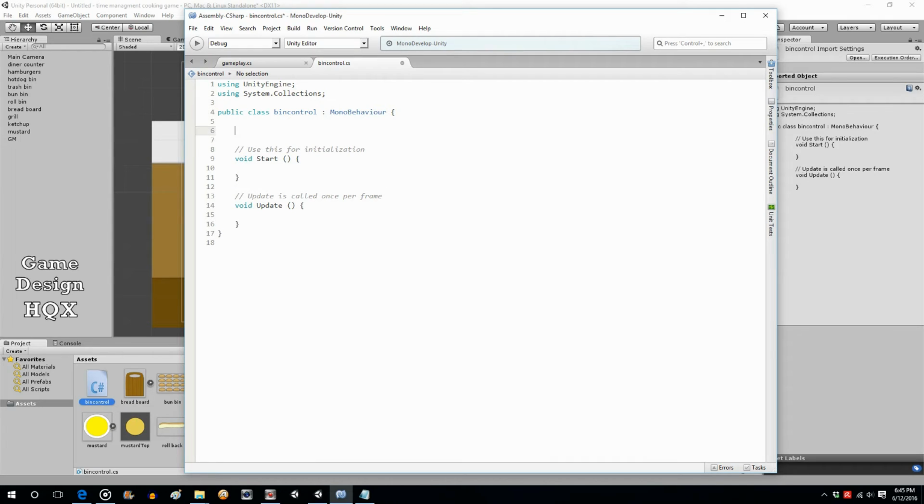So in bin control, these do not need to be static. So public transform, and we'll call this bottom bun OBJ. You don't have to do the OBJ at the end. I like to do that to remind myself that's an object. So like I said, when you see the drop-down list of autocomplete, you'll remember that, okay, that variable is an actual object. So public transform